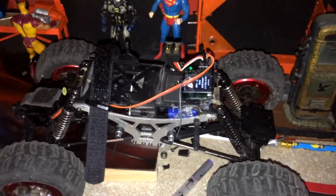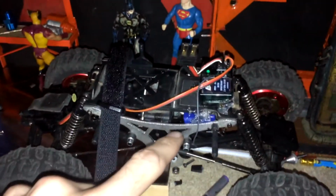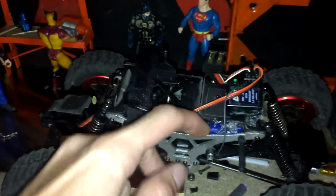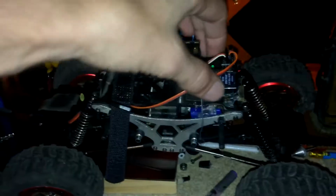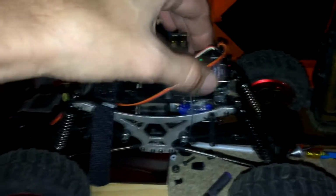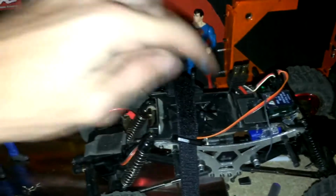So as you guys know, I've been pretty excited, pretty happy about having the Low C 118 mini rock crawler going again. I've got to take a few things apart and remount this properly. This is staying for now, but it'll only be a matter of time before it needs remounting. And where the battery sits, the original spot on this upper tray here,